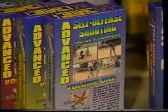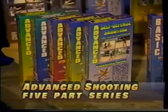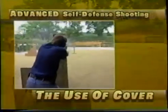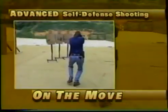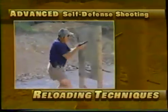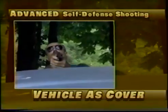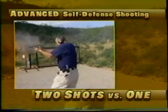Advanced Self-Defense Shooting Tactics and Techniques is a 5-part series that takes the viewer to a new level in both shooting skills and tactical knowledge. Extensive discussions and demonstrations on the use of cover, shooting while moving, both towards and away from your target. You'll learn the advantages of a speed reload versus a tactical reload, aimed fire versus flash sight picture versus point shooting, using your vehicle for cover, shooting from a vehicle, 2 shots versus 1 shot,